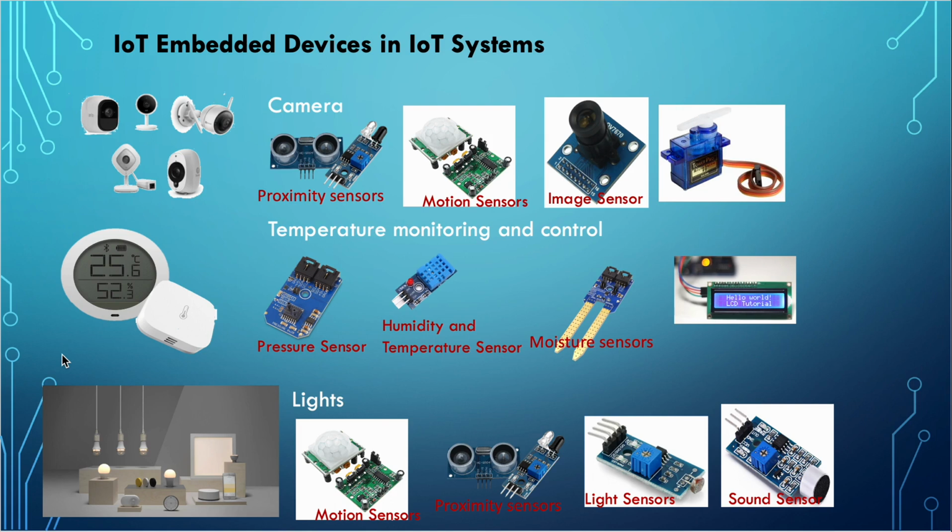But then the data inside that particular room or building should also be collected. For that, the temperature monitoring and control system should have pressure sensors, humidity and temperature sensors, moisture sensors, things like that,